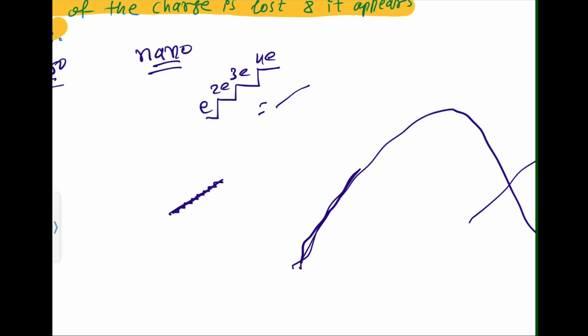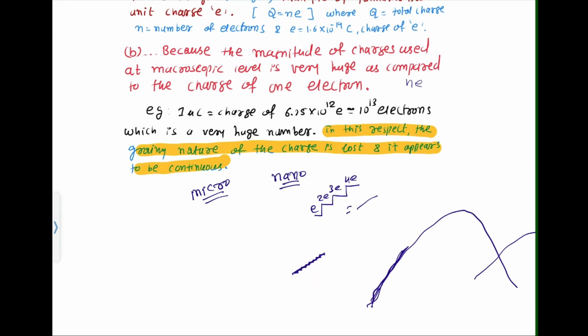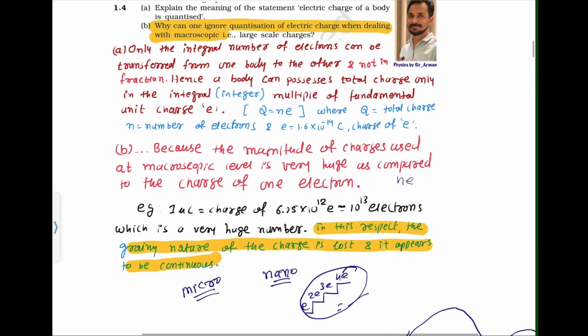So you can see there are valleys and mountains, small valleys and mountains. This is not a straight line. So at a very large distance you can see a straight line. Similarly, at a very large or macroscopic level, not micro, the charge on a body appears not in steps, that is not in grainy nature, but it appears to be continuous like this mountain. Okay, so